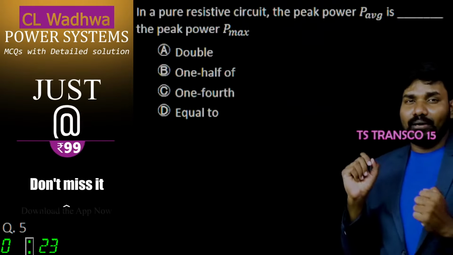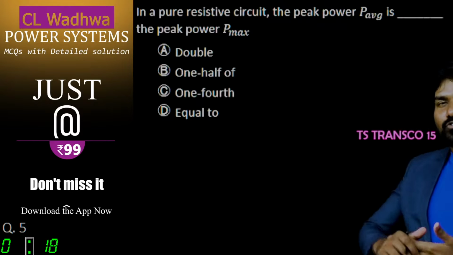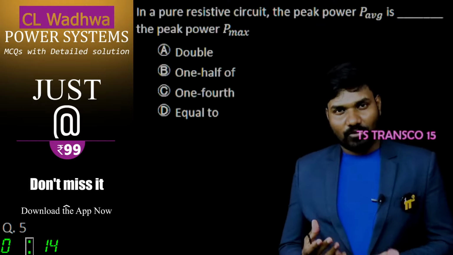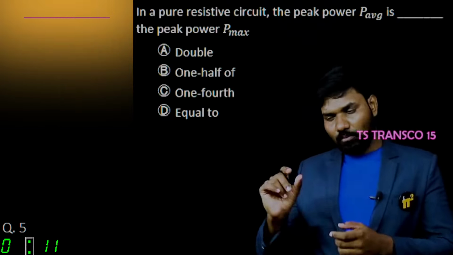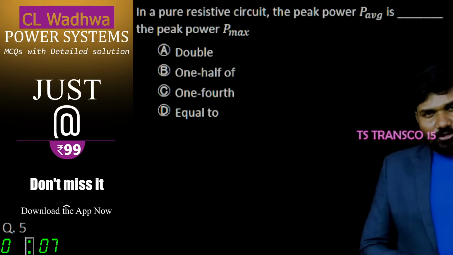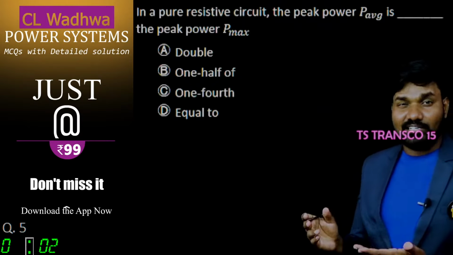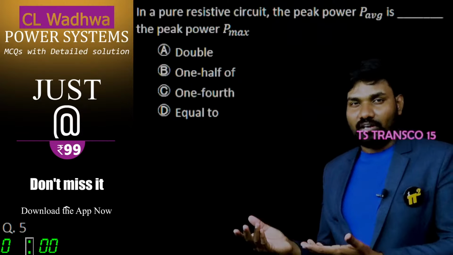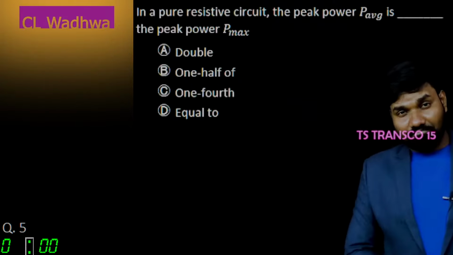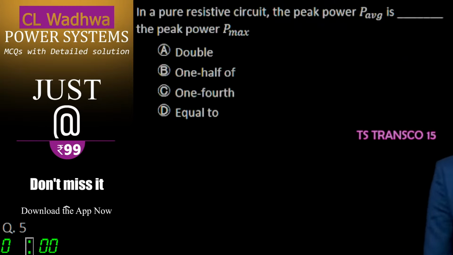Of course, it should have mentioned clearly that he's talking about AC circuits. Then things would have been a lot easier for you. But this is what you have to interpret by looking at the question, when he's giving maximum as well as average power. Sometimes we need to do this kind of work. But strictly speaking, there is an ambiguity. If it is a DC circuit, you will get a different answer. If it is an AC circuit, you'll get a different answer. That's true. I'm accepting it. But that's the question given in the transcript. What can be done?